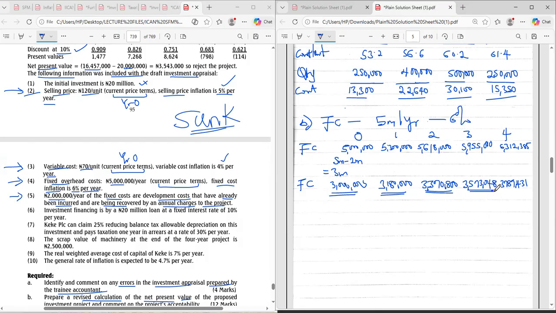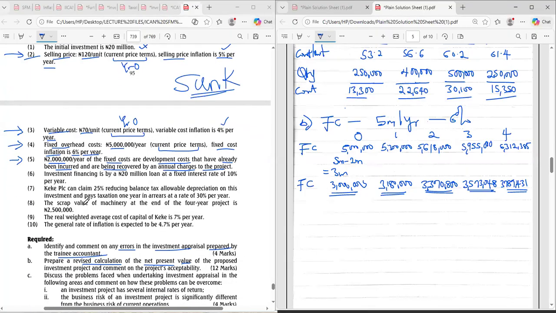So how many points have we spotted now? Only 2. And the mark is 4 marks. So you need to get at least 4 points as much as possible. Let's check whether we still have some things. All right, let's go further.